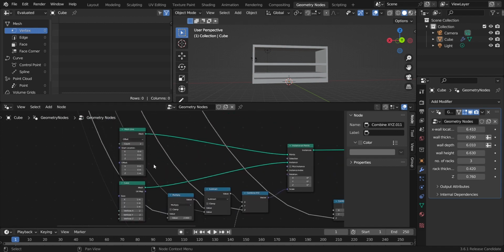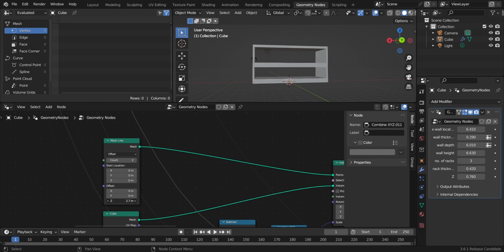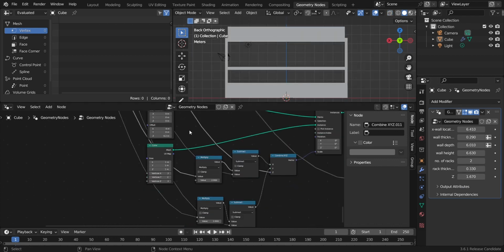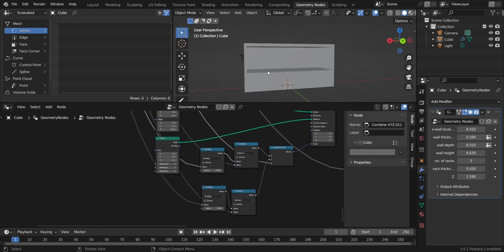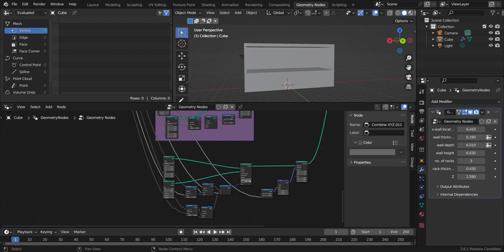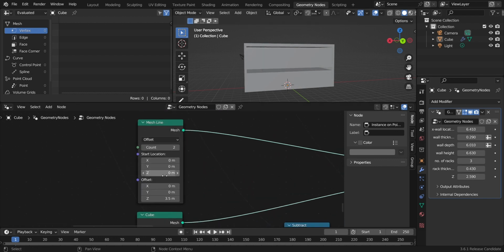Since the offset is just 1 meter, you can always switch to X-ray mode to see if there's an overlap. Okay, since the location is on the ground, it's not considering the rack thickness because we still have another rack here. Of course, the cabinet's location will start above it, so we have to change the Z